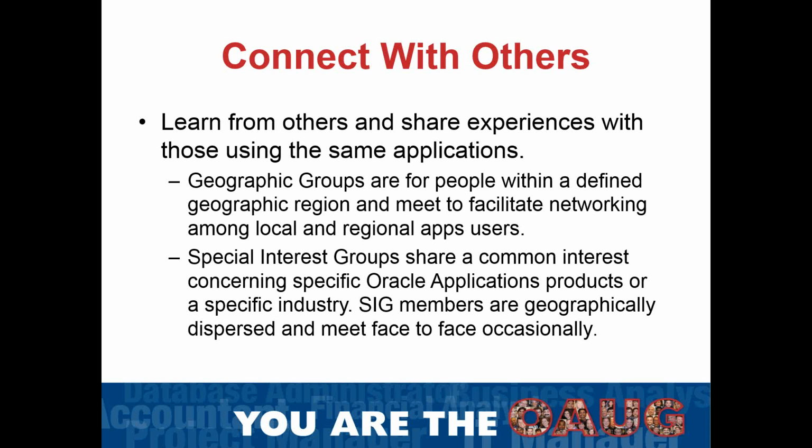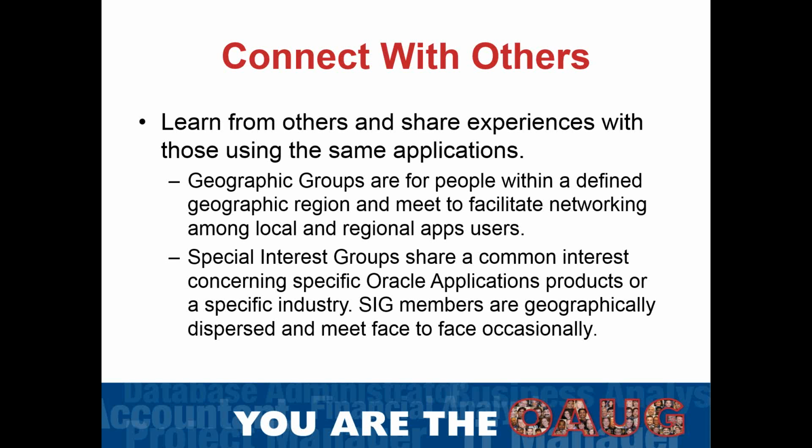Another great way to get involved is through our geographic groups. We call those our geos, and geo groups are people who live in a geographically defined region, and they get together for meetings every so often to talk about what's going on. For example, if you are in New Jersey or New York, your geo has partnered with the OAUG to put on a conference called Innovate 15 on March 19th, and it actually looks really, really great. If you are in that area, I definitely encourage you to check out their website, because I've just taken a quick look, and the topics they're going to cover and the time they're going to do it, I mean, absolutely awesome. So even if you're not in that area, I encourage you to check out your own geo group